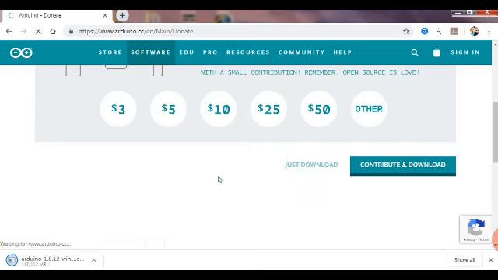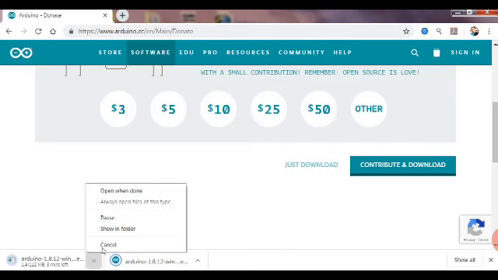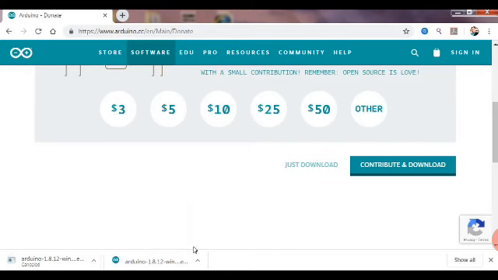So you can see the Arduino download has started, and since I have already downloaded it in my system, I'm just cancelling it because that is not required for me, but you must let it download, and once it is downloaded you just open it and then you can install it in the system. So that is to be understood. That is very simple.